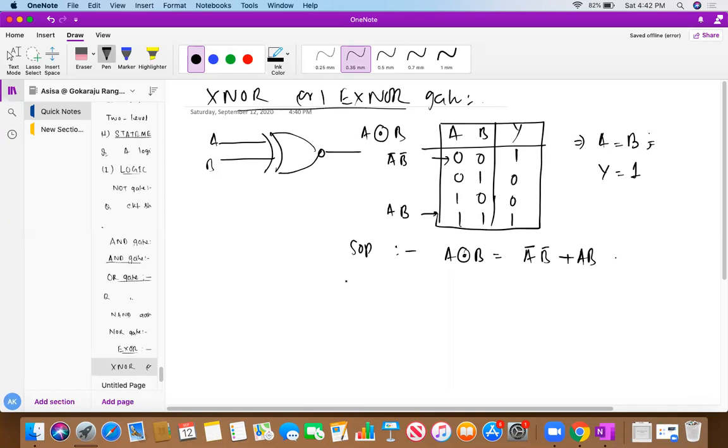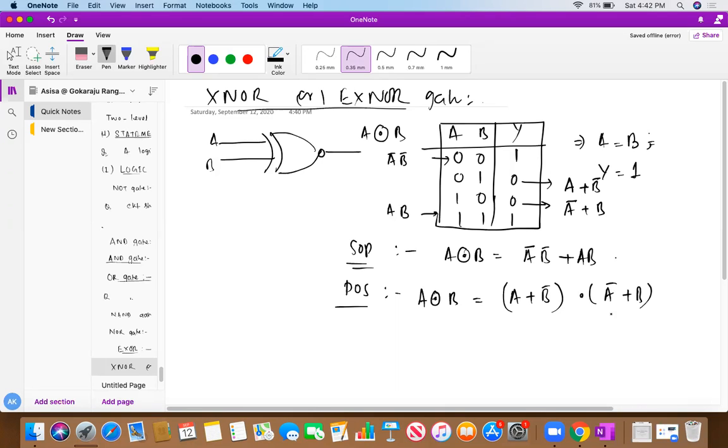Okay, similarly what is the POS version of this A XNOR B? Can anybody tell? Very simple. You see here, whenever output is 0, those two terms you have to take. This is actually your max terms. I have told you, if it is max terms, 0 will be expressed in uncomplemented form. So this is A or B bar. Similarly, this one will be A bar or B. So finally my A or B bar and A bar or B. This is my POS version of A XNOR B. This is the SOP version of A XNOR B. Okay, do you all understand?